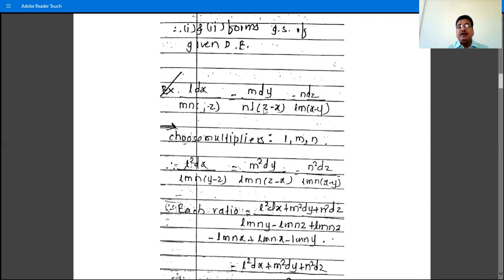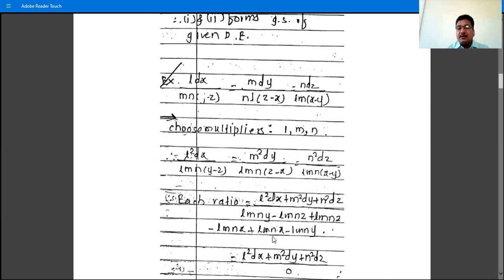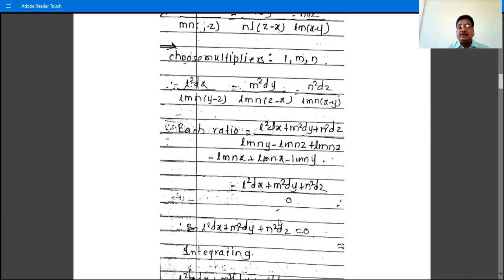Similarly here, we have this quantity, and after multiplying n by this, we have this quantity, and the addition of all these factors at the denominators is equal to 0, and therefore we have L square dx plus m square dy plus n square dz is equal to 0. That is, find multipliers such that if we multiply by those multipliers with p, q, r, then the addition is 0, then choose that multiplier. So by using the trial and error method, find these multipliers.